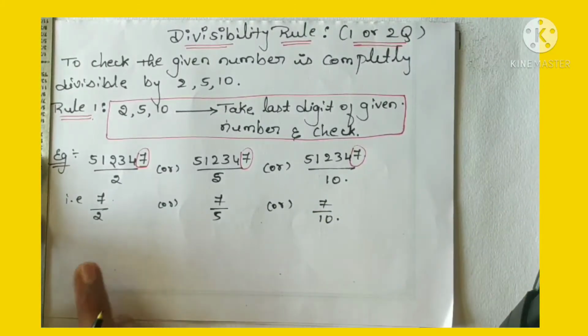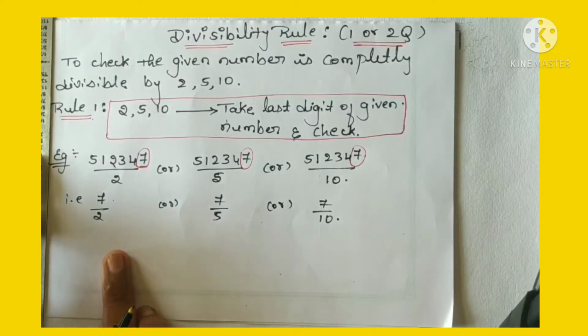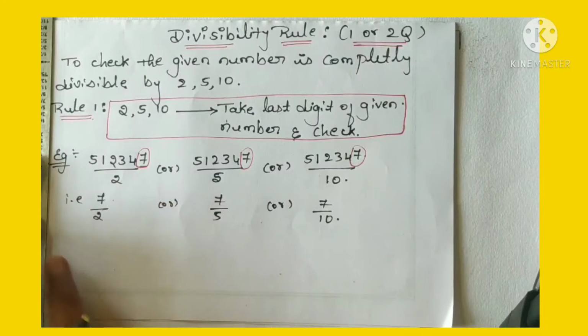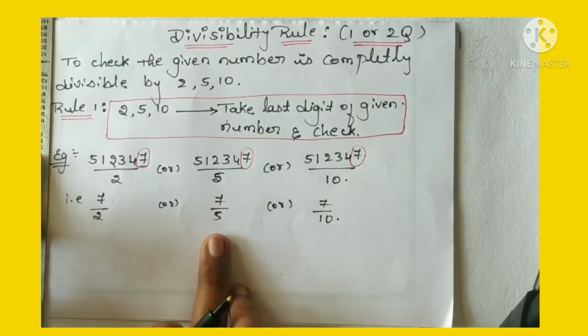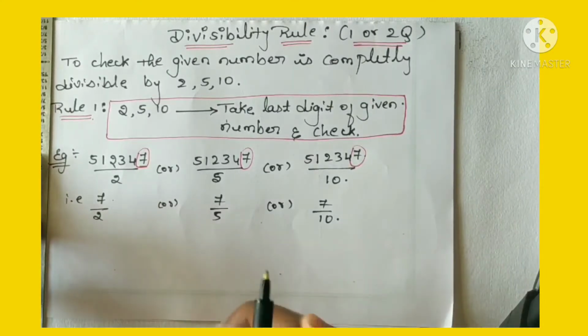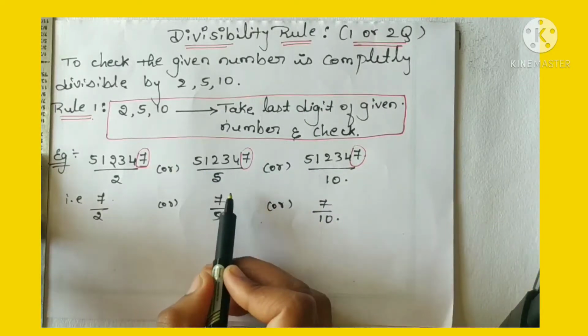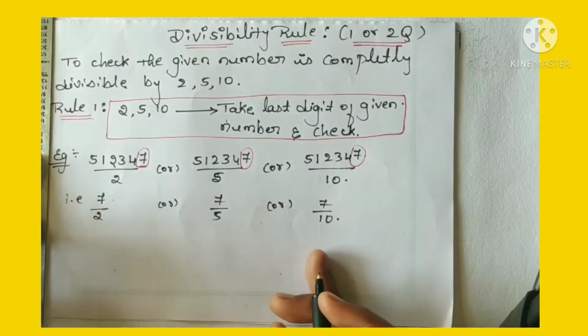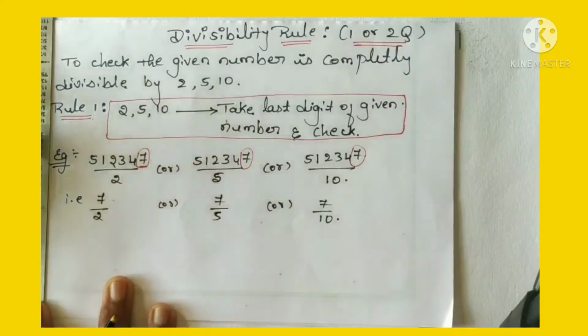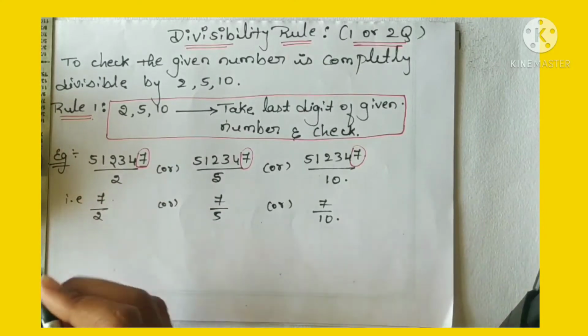Suppose the last digit of the given number is completely divisible by 2, then the whole number is divisible by 2. Okay, similarly, if the last digit of the given number is completely divisible by 5, then the whole number is completely divisible by 5. Similarly for 10 also. Now if you observe, none of these numbers divides the last digit. So from this we can say that